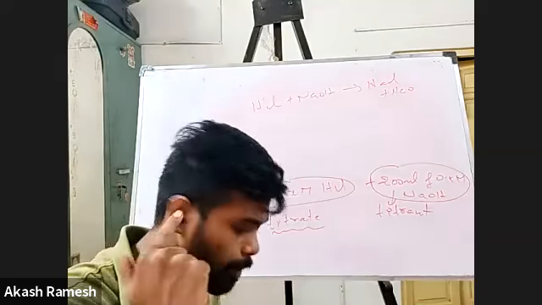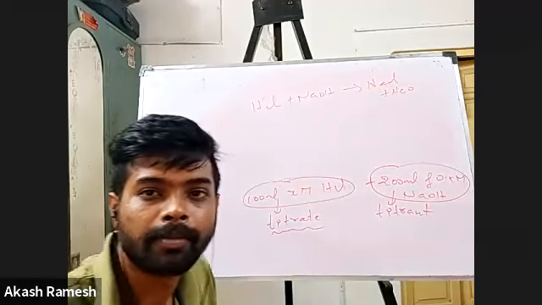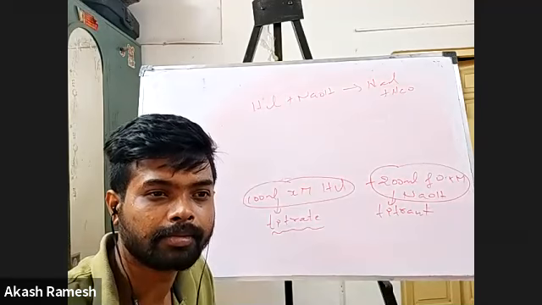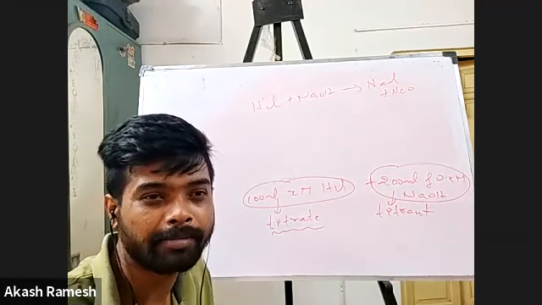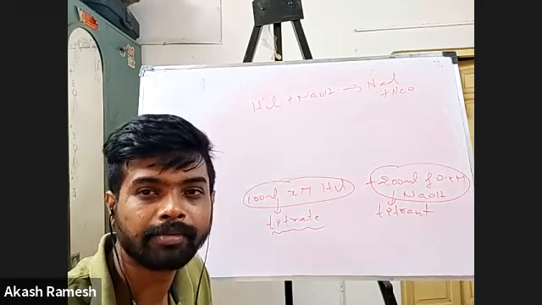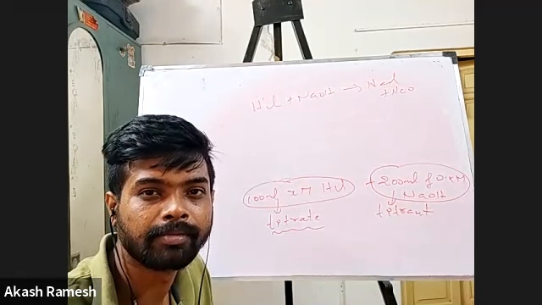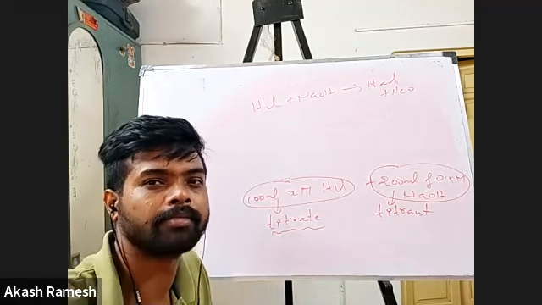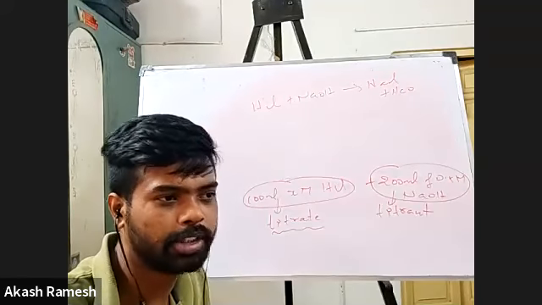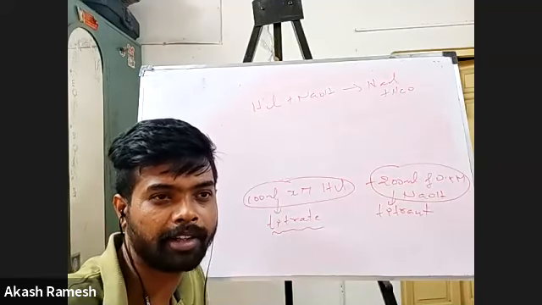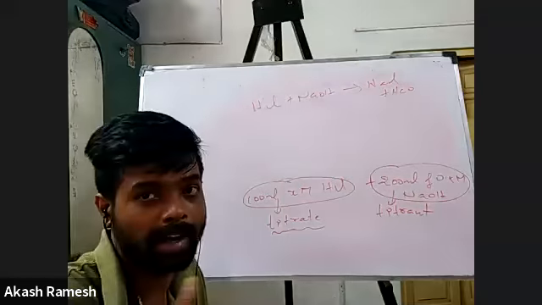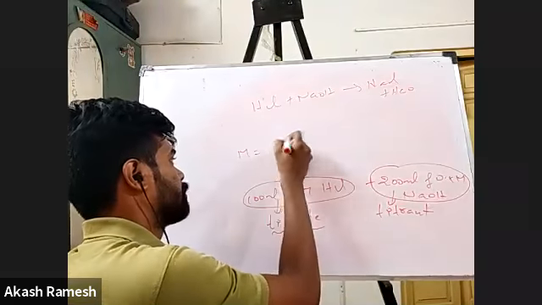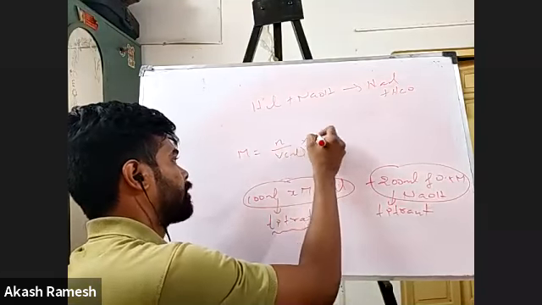Can you convert? What is the formula for molarity? Someone tell me. Guys, what is the formula for molarity? Number of moles divided by volume of solution. Correct. Number of moles of solute divided by volume of solution, and if the volume is given in ml, I have to multiply by 1000. So basically, molarity is number of moles divided by volume in ml into 1000, right?